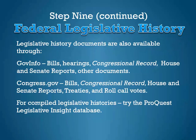You can also get legislative history documents through GovInfo. They're available there in PDF. You can also go to congress.gov for some more recent versions of these same sources. And then for compiled legislative histories, so basically they've done all the work for you, for any past law, you